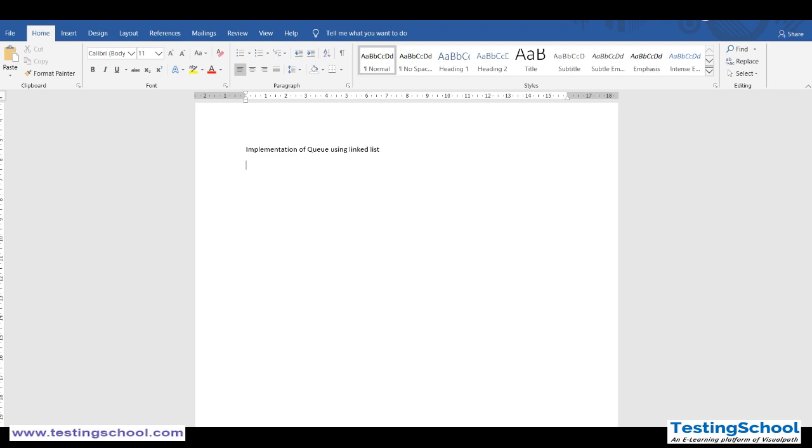So in the linked queue, every element has two parts. We have seen a linked list implementation. Linked list means it will have only two parts. One is the data part, the other one is the address of the next node. Here the start point of the linked list is used as the front, and another pointer